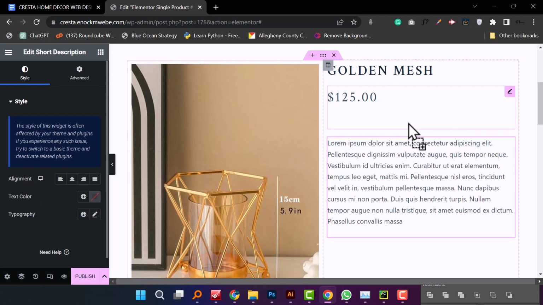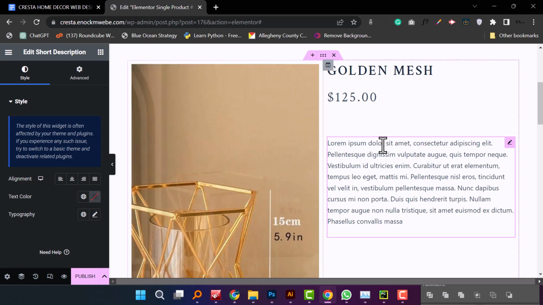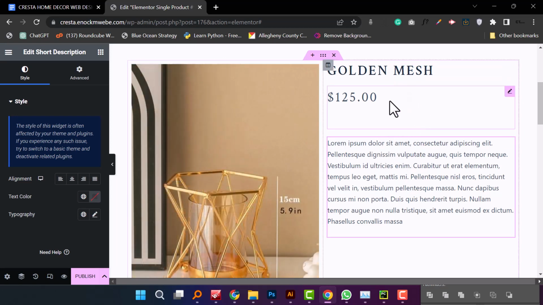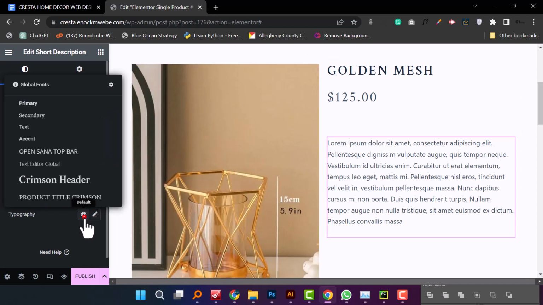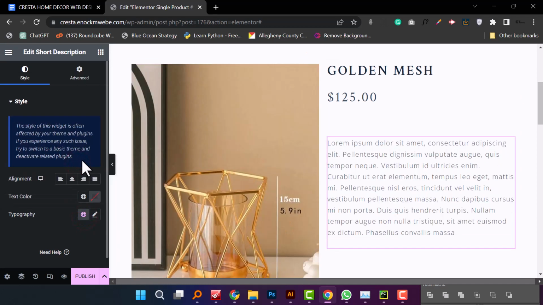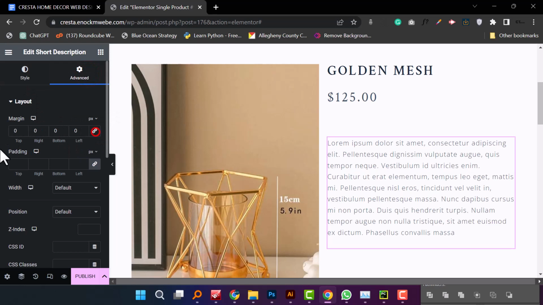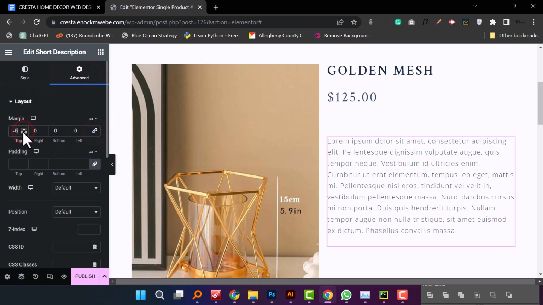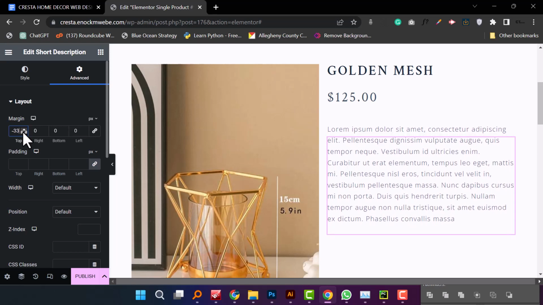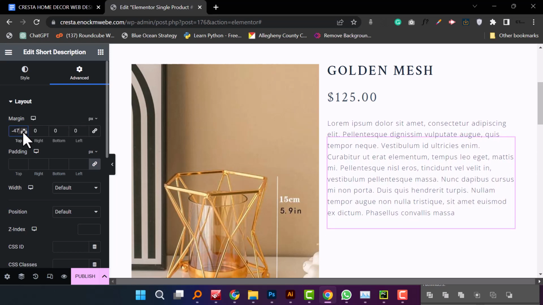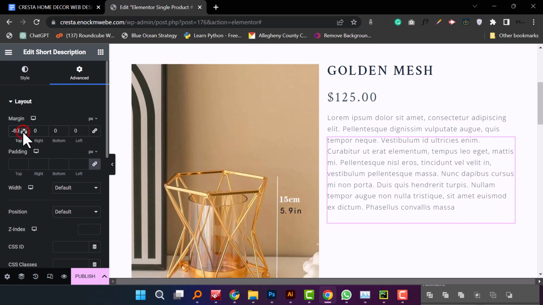All right, so it's gonna pull up the short description of the product, but there's too much space, so I think I'm gonna tamper with the top margin to make it negative, sort of. So the typography, obviously you have a typography font already set as a global. Then under the advanced, I'm gonna use a negative top margin, just so I can drag it up to a point where I need it to be. I think